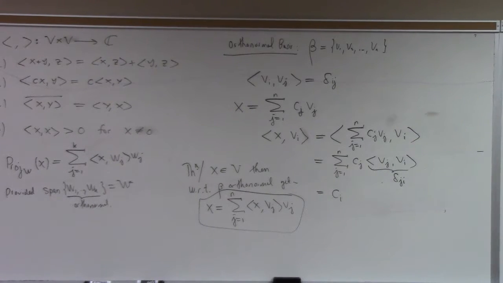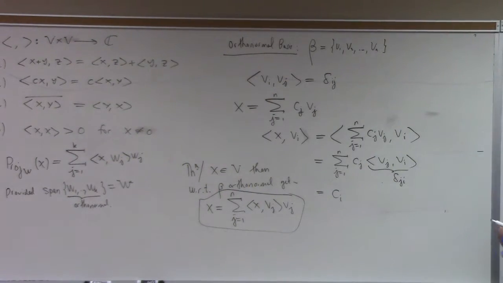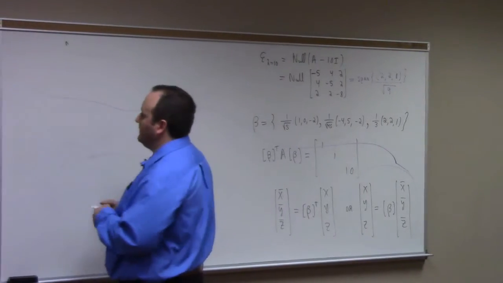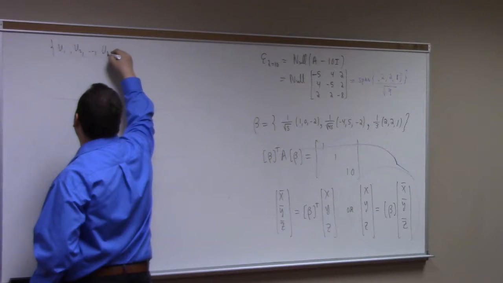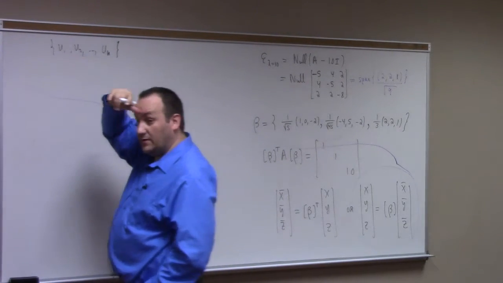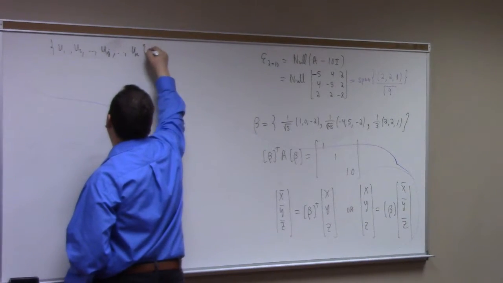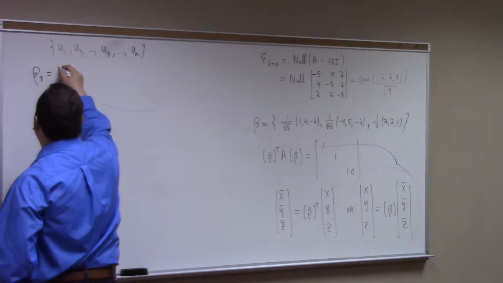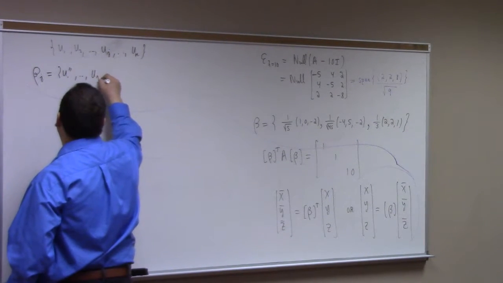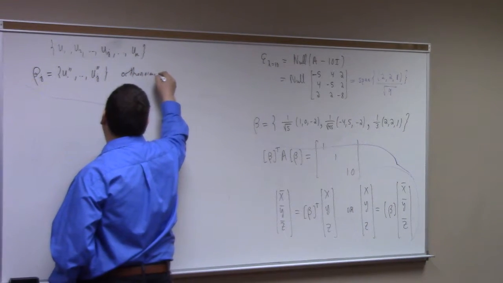And then the other thing is, when you're doing Gram-Schmidt, if you really think about what you're doing, let's sort through it for a second. So suppose we're doing Gram-Schmidt on U1, U2, through Uk. Suppose you've reached the jth one, so suppose j is somewhere in here. Essentially, you already have, let's say, beta j, which would be U1 double prime through Uj double prime. This is an orthonormal basis